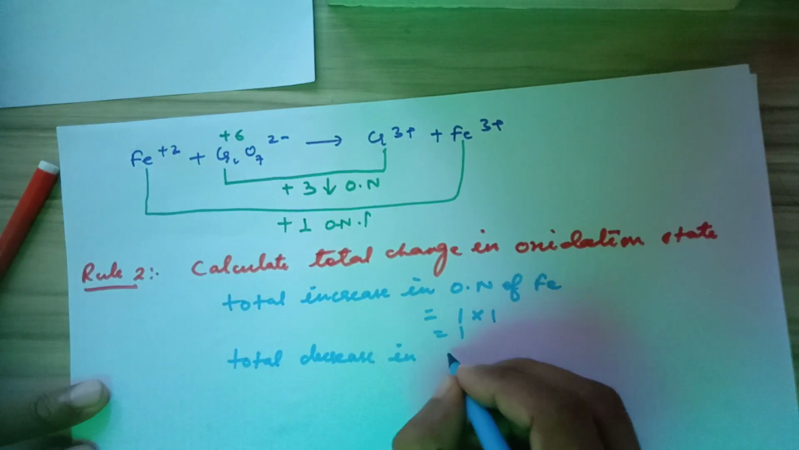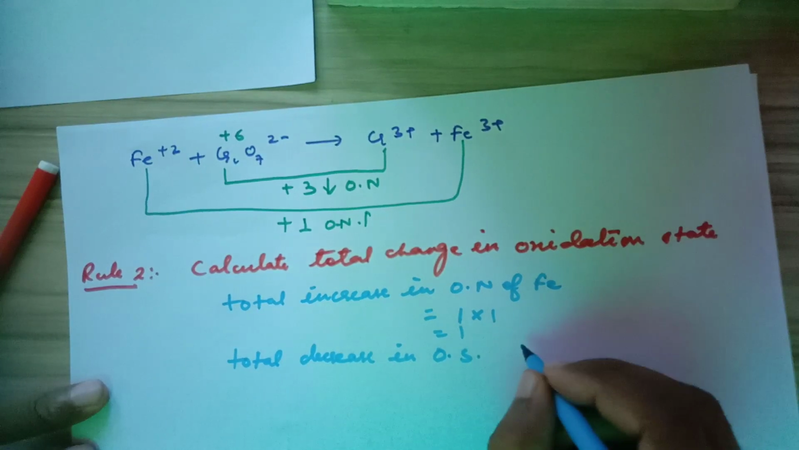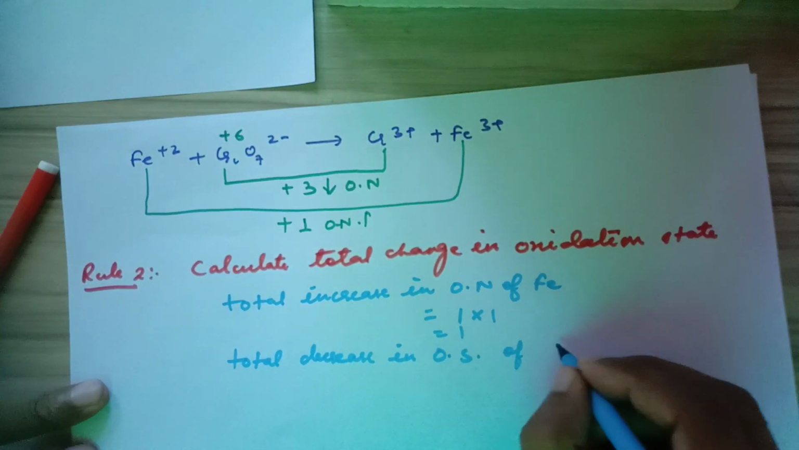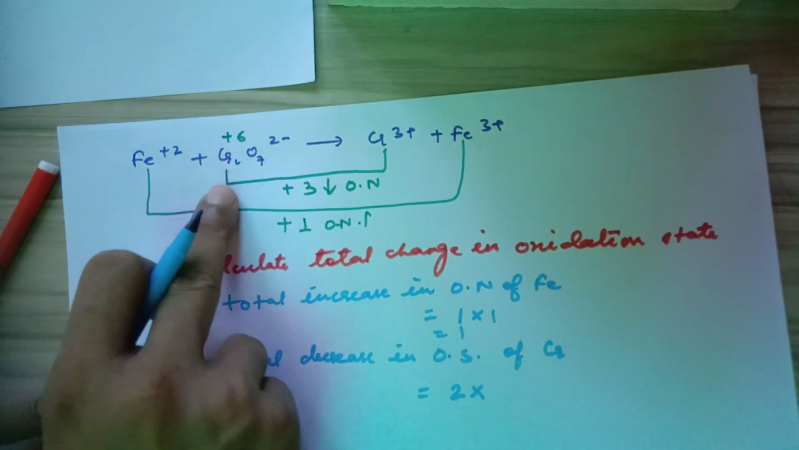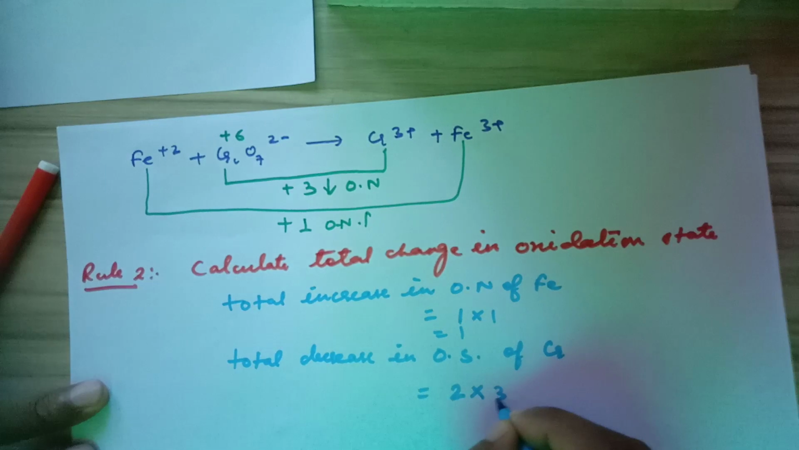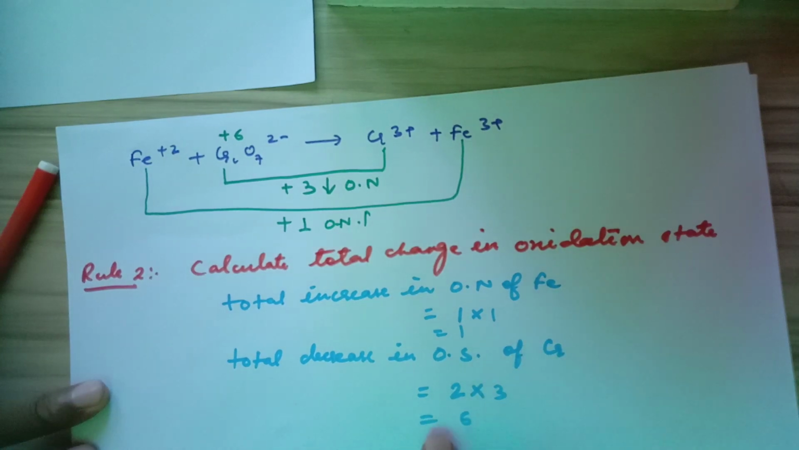Now total decrease in oxidation state or oxidation number of chromium. Here chromium is 2 and its oxidation state is getting reduced by 3, so it will be multiplied by 3, so it will be 6. Now here total increase is 1, whereas total decrease is 6,